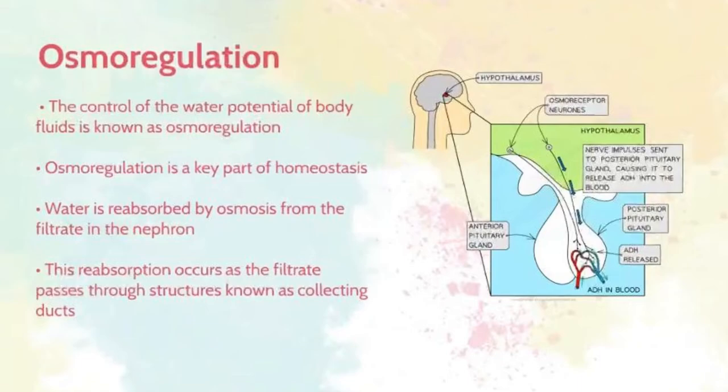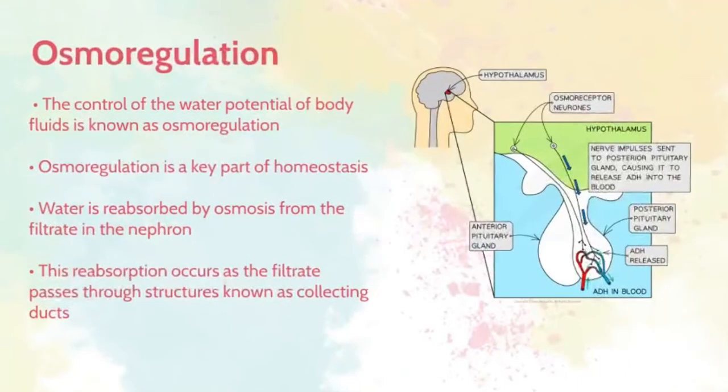When this falls, the receptor shrinks, therefore causing the hormone called antidiuretic hormone, or ADH, to be released. This passes to the posterior pituitary gland, where it is secreted into the blood. When it arrives in the kidney, it binds to the receptors on the surface of the collecting duct, and then those cells react in a specific way in order to change the amount of water that will be reabsorbed in